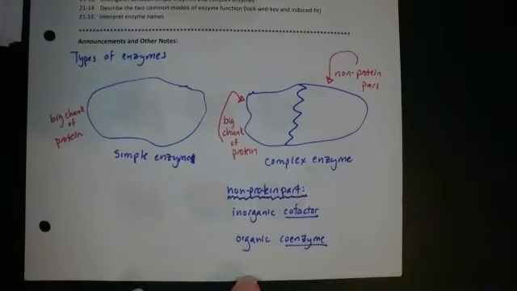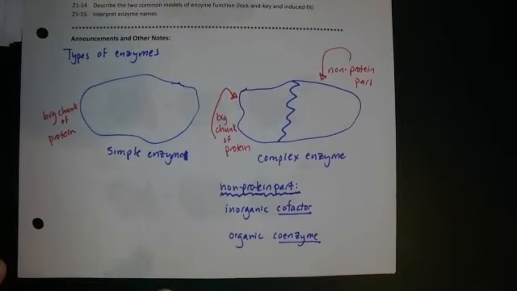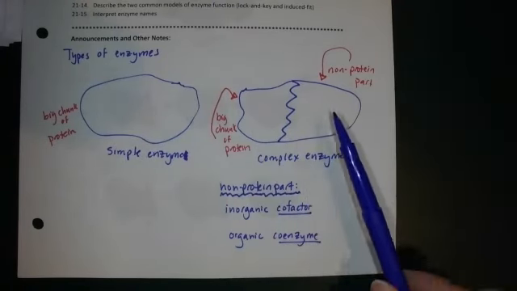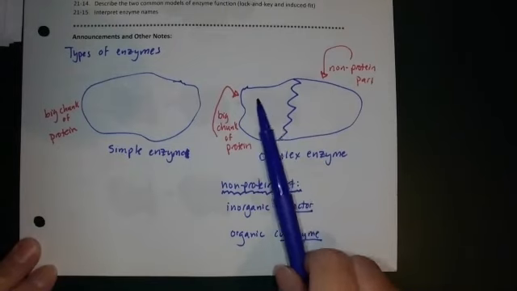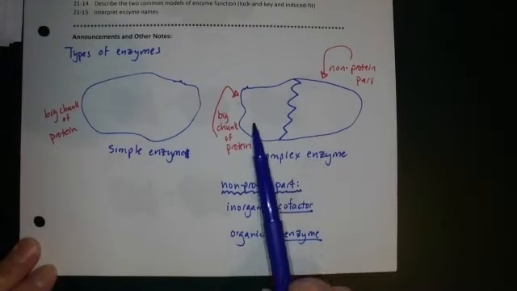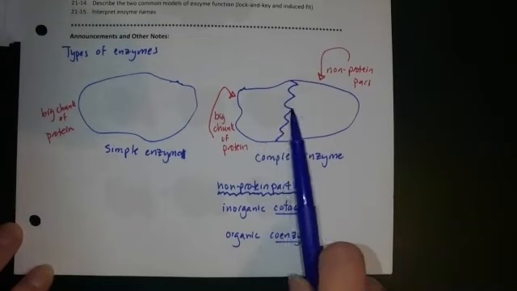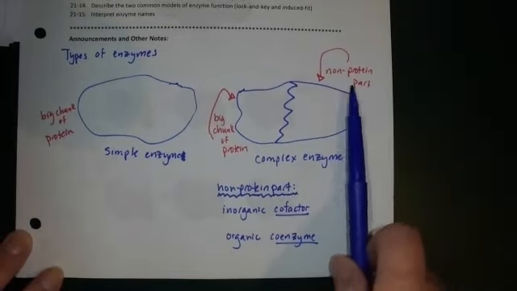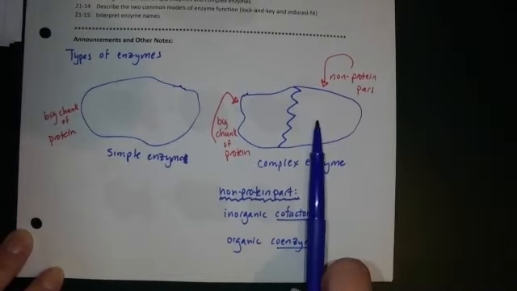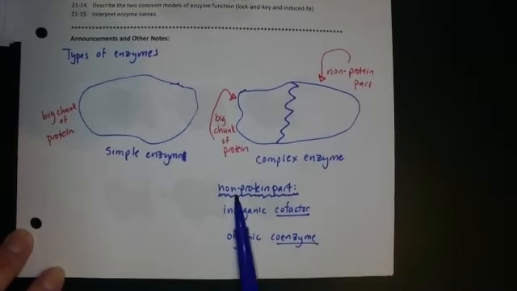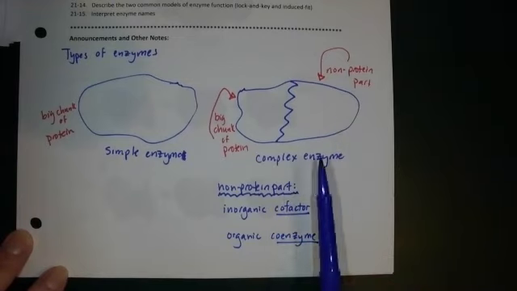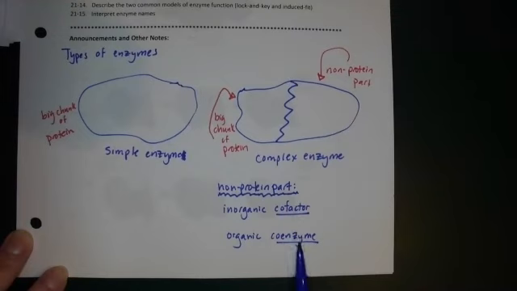So let me just pause for a moment to make sure. We've just seen a bunch of new names. Simple enzyme and complex enzyme are just the two broad categories of enzymes. The complex enzyme, the structure of the molecule itself is a piece of a protein, but part of that larger structure is not protein. So protein and not protein, what do we mean by the not protein part? The name of the not protein part is either cofactor or coenzyme.